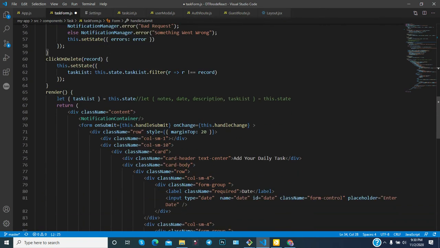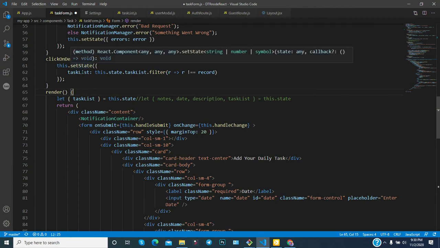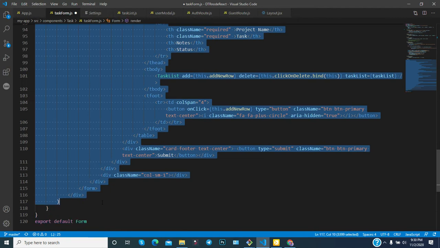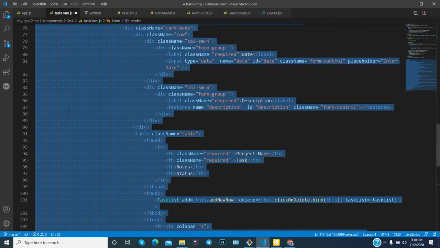Now this is the render method. As you know, React has a render method, and whenever you change the state object, the render method will re-render, and whatever is written within this render will be called one more time.